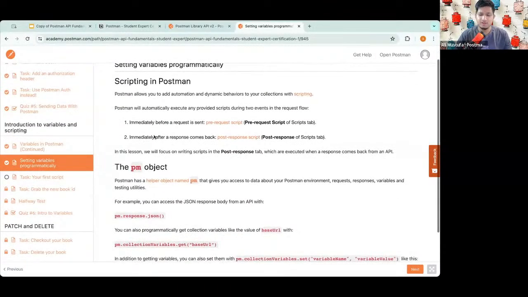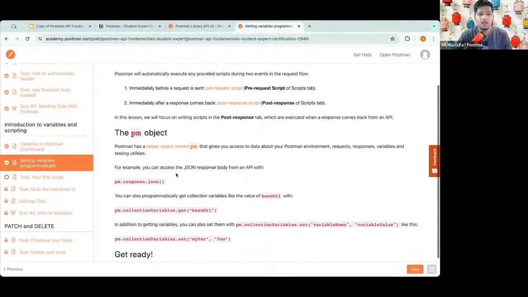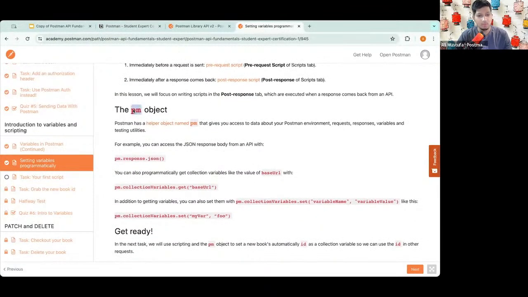So what we are going to do is write a small script which will run a small JavaScript code and set a variable using scripting. By the way, Postman uses the pm object to work with scripting, and that's what we are going to work with today. So you can see pm.response.json. Basically, it will give you the response from the request you sent.